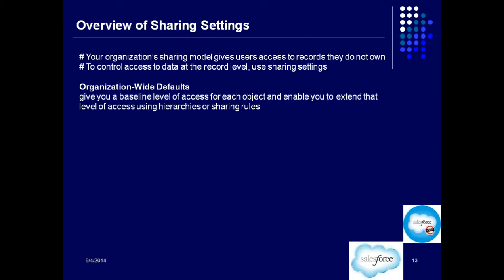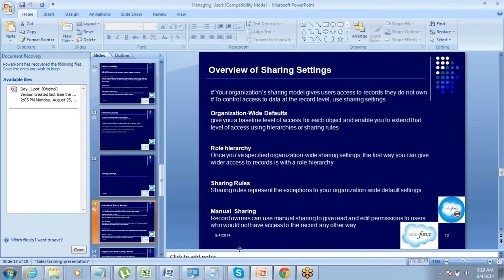In an organization, it's pretty normal that these kinds of situations come. You cannot completely restrict the access of data. Sometimes you may have a situation where the other person needs access to your data. This is where we need to define an exception, and that exception is defined using a sharing rule.